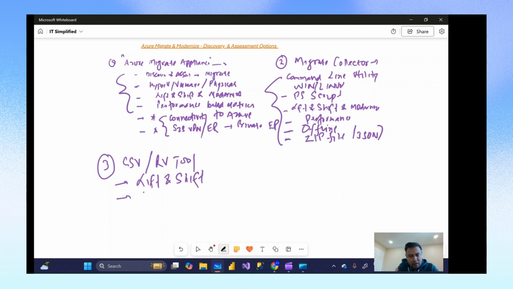It does not give you any performance-based assessment. So it's limited in terms of that. And also when it comes to dependency analysis, which typically you get in options such as Azure Migrate Appliance, those things are not there in the upload of CSV or RVTools. But if you want to quickly run this, you can do that. And obviously, this does not require any connectivity to Azure. You don't need to open up any ports or anything. This is totally no connection required to Azure,